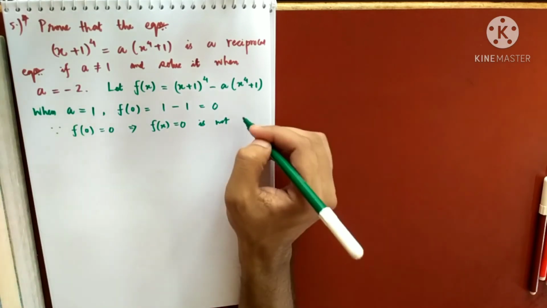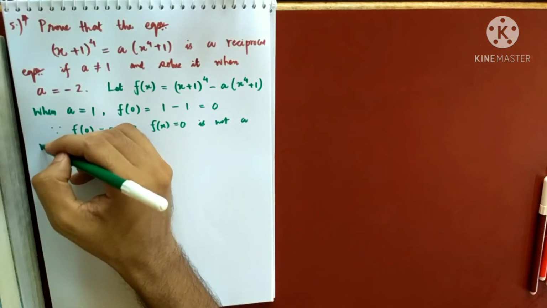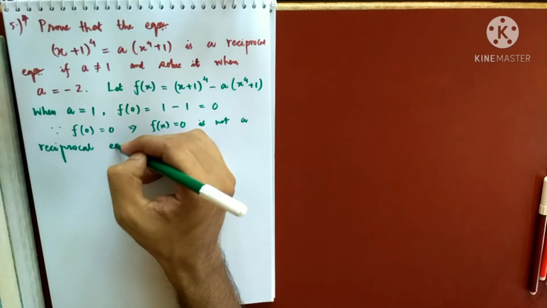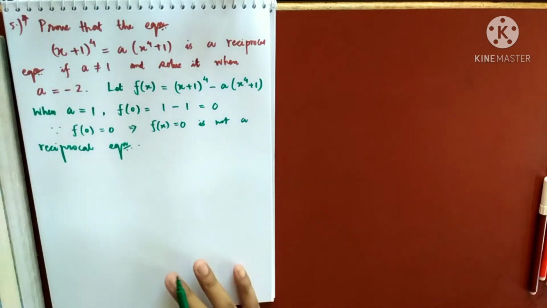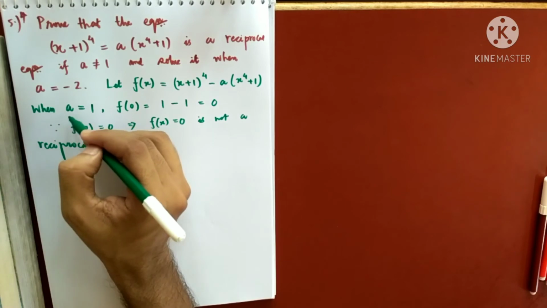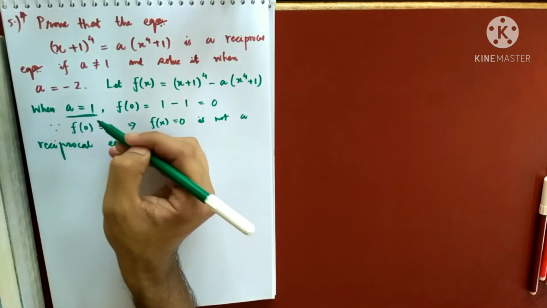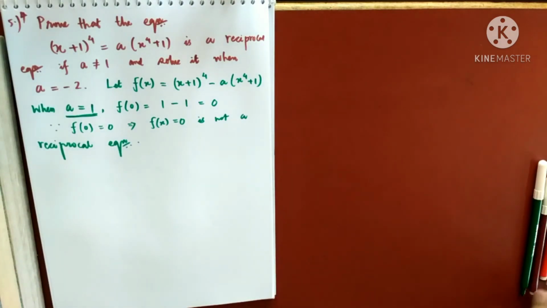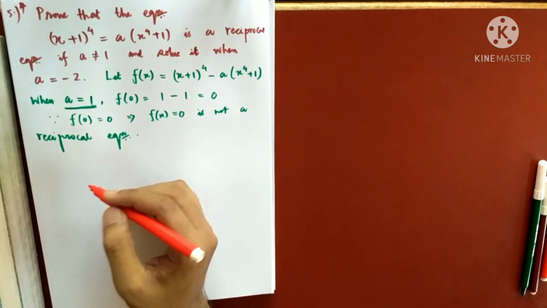So why is it not reciprocal when a equals to 1? Because 0 is a root. When 0 is a root, we cannot talk about the reciprocal equation. And let's see